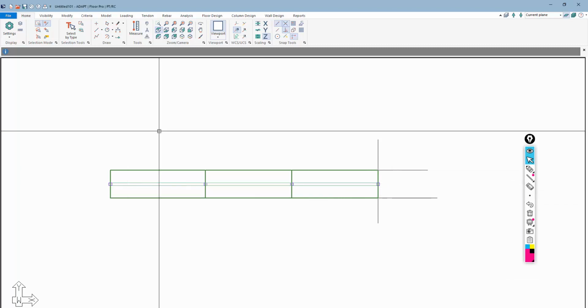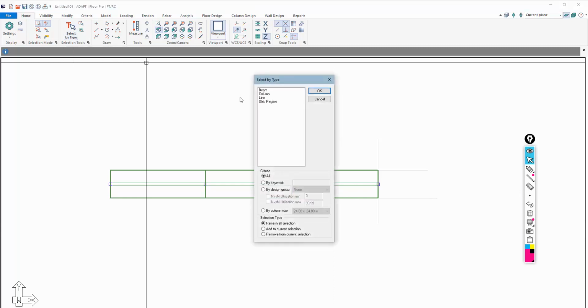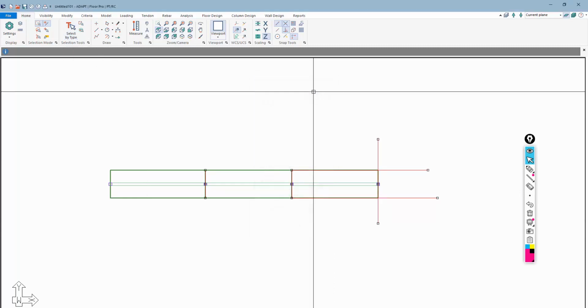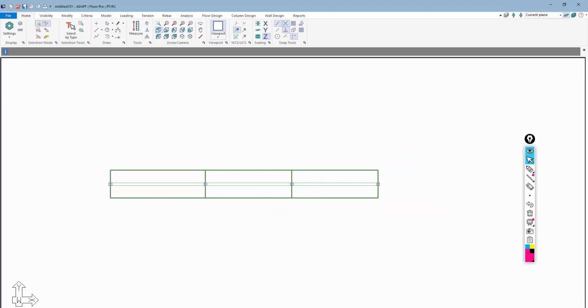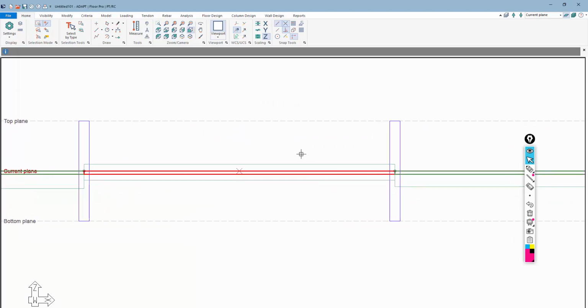But ultimately we have now our slabs. Now if we don't want these lines in the model, if we don't want to see those, we can always go to Select by Type, Line, and I'll just remove them. They were just there to align the slabs. If I go back to this view, notice this slab is actually at the reference plane, at the current plane. So I want to